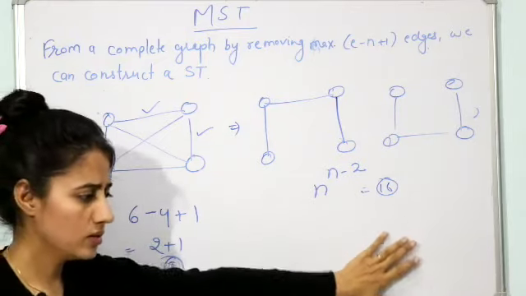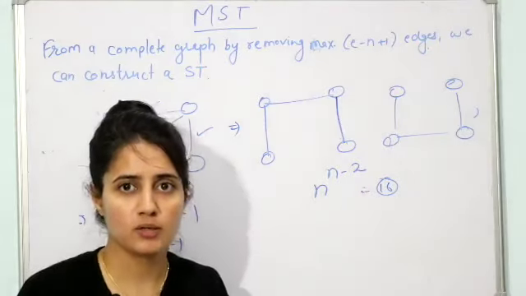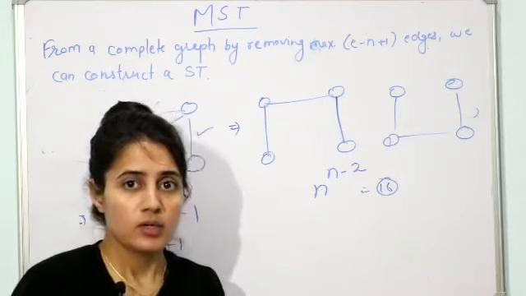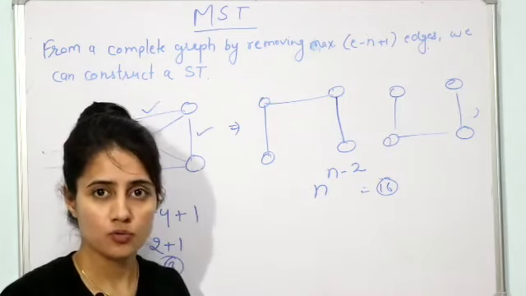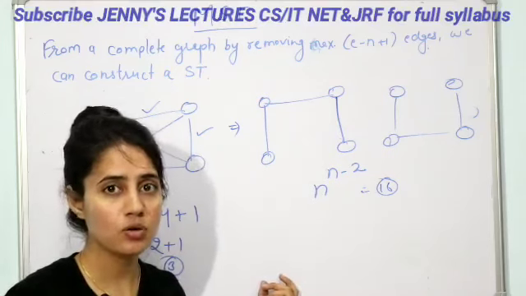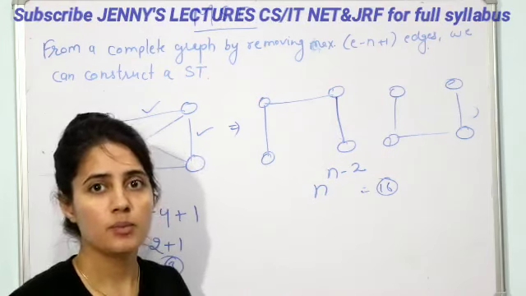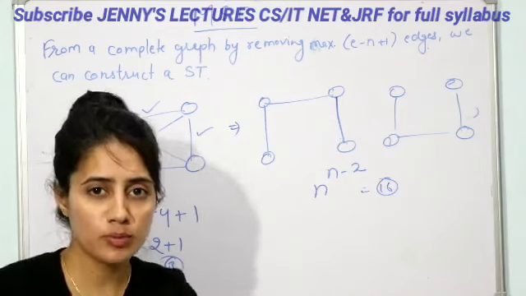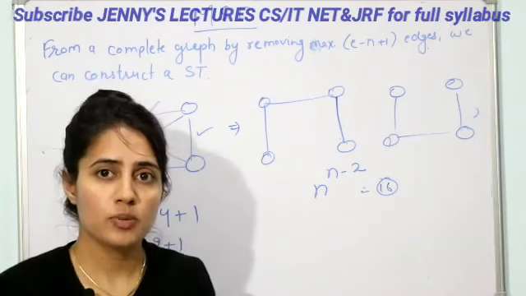Fine. So these are some general properties of a spanning tree as well as a minimum spanning tree. I have already told you the main properties: the same number of vertices will be in the spanning tree, edges would be n minus 1, a spanning tree does not contain any cycle, and a spanning tree should not be disconnected. These are the main properties of a spanning tree, or you can say minimum spanning tree. And one more property gets added for a minimum spanning tree, that the total edge cost of that spanning tree would be minimum.